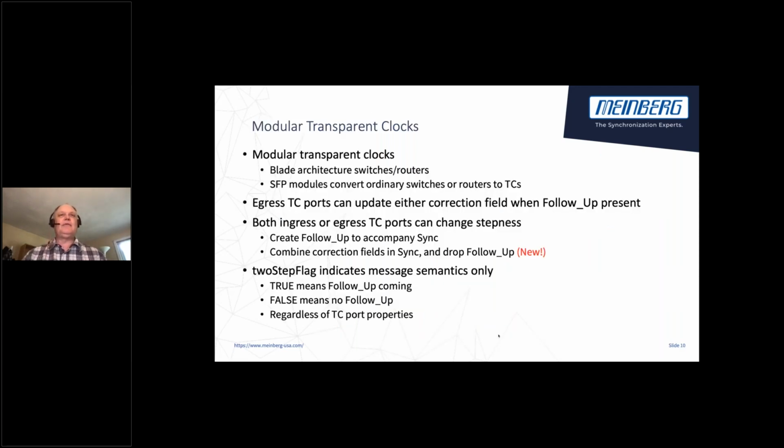Another thing that happened was we realized that people were making switches that acted as transparent clocks that were modular. It was a blade architecture, or people were making SFP modules that can turn an ordinary switch into a transparent clock. And that created a complication, we realized, because in PTP version 2,